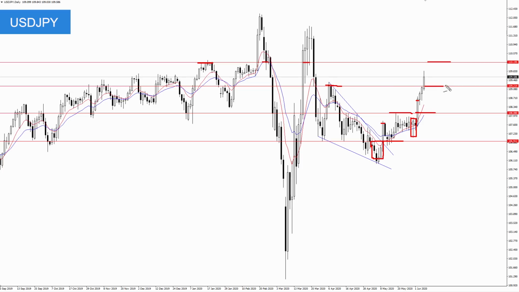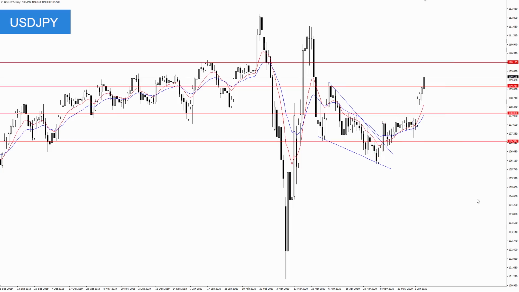If we see 109.20 fail as support on a daily closing basis, it means that we're probably going to go back and retest 108 because we haven't had a retest of that area so far. Now, just keep in mind that I'm still long here from just below the 107 area. So I added a little bit last week, which brought my average up to about 106.90. So I'm essentially averaged in right around this area, and I'm interested in adding a lot more to this trade.